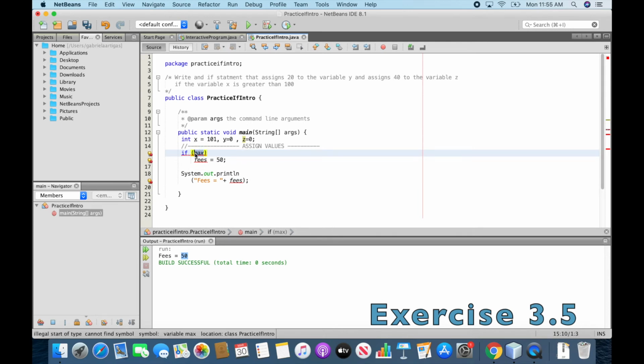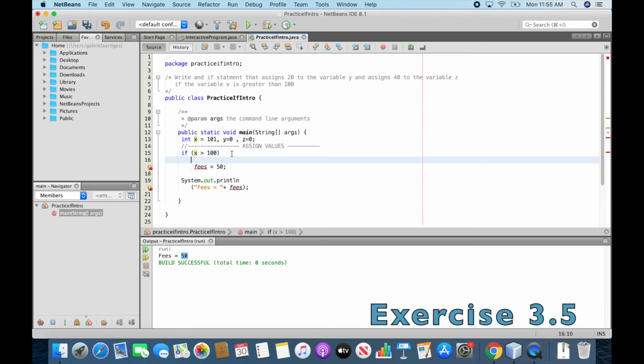So in the if condition, we're going to change that to z. Since we're checking for x greater than 100, I set up x to 101, so the condition will be true, and all the lines of code that are inside the curly braces will